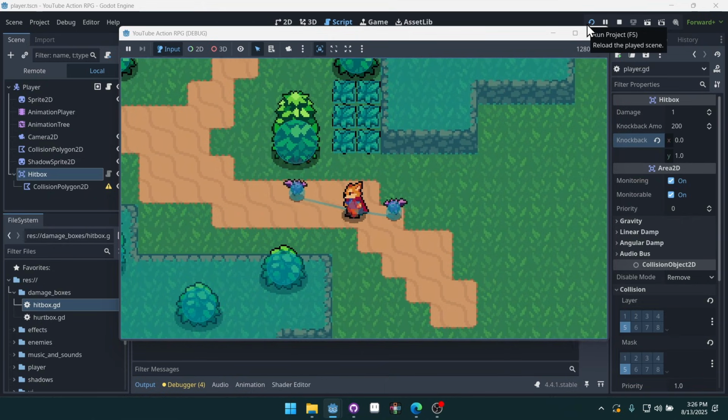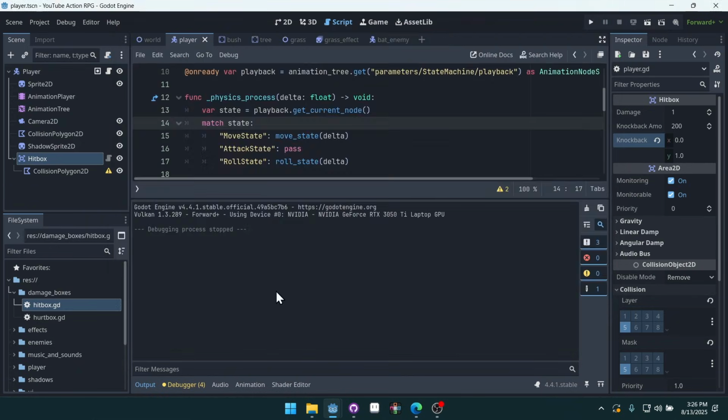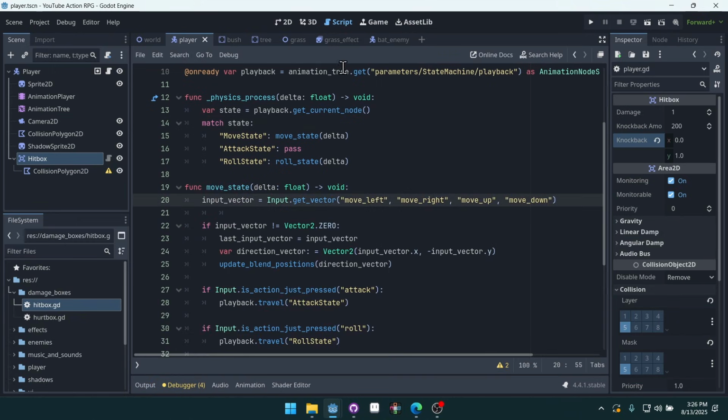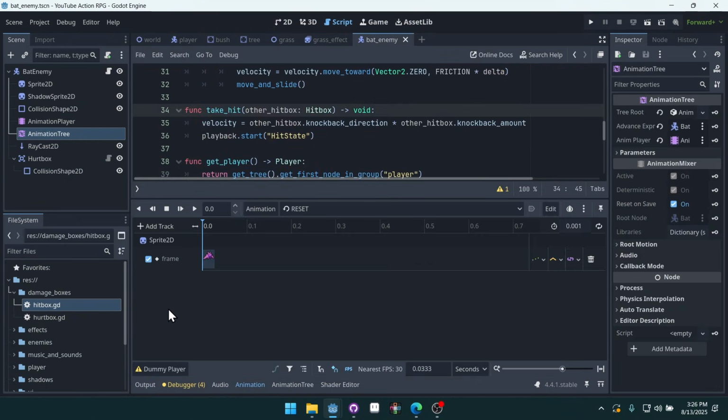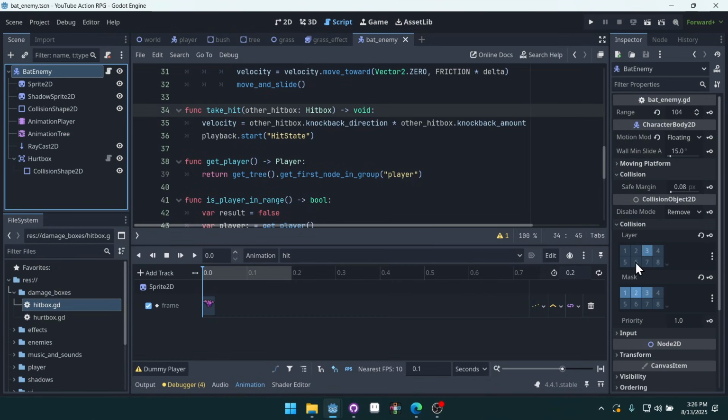There's one last thing that we need to do here. Watch this. That's a problem, right? If I just hit one enemy, it kind of tries to knock back and freezes the other one and creates weird issues. So, remember when I said I wanted to have an animation for the bat enemy for being hit? Here's why. It allows us to go into our bat enemy scene here, and on the very first frame of hit, we can actually key